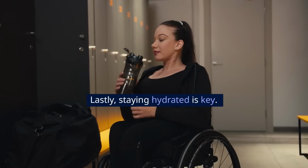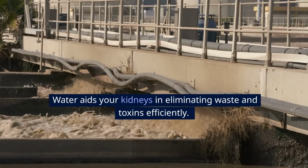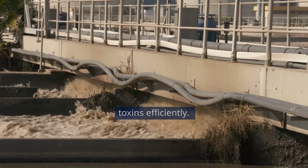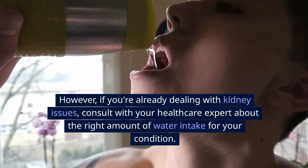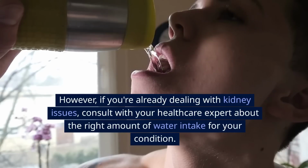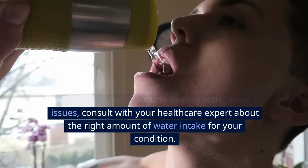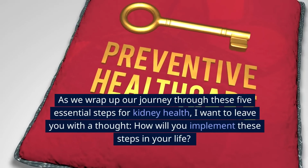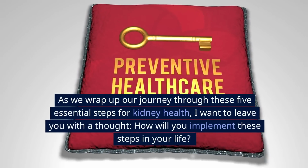Lastly, staying hydrated is key. Water aids your kidneys in eliminating waste and toxins efficiently. However, if you're already dealing with kidney issues, consult with your healthcare expert about the right amount of water intake for your condition. As we wrap up our journey through these 5 essential steps for kidney health, I want to